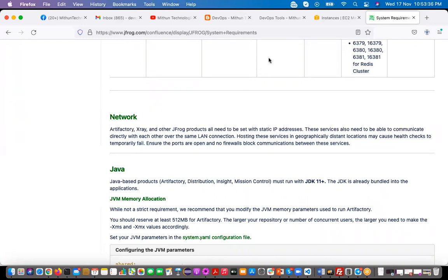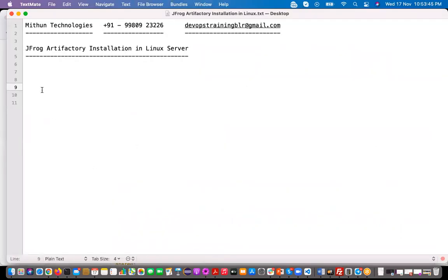I have created a blog on how to install JFrog Artifactory. JFrog Artifactory has two editions. JFrog is the company name, Artifactory is the tool name.